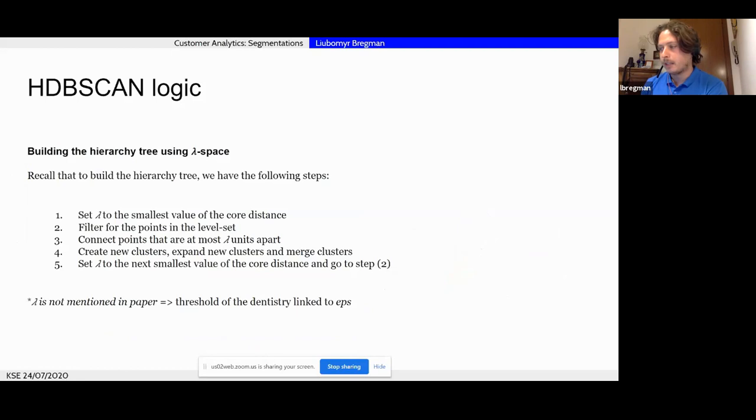So I'll just go back again to the slide with the logic summarized. Let me read what I see right now on the slide. Step by step, we set the lambda to the smallest value of the core distances. A core distance is a technical definition from exactly this algorithm, but basically it's the smallest distance from customer to customer.